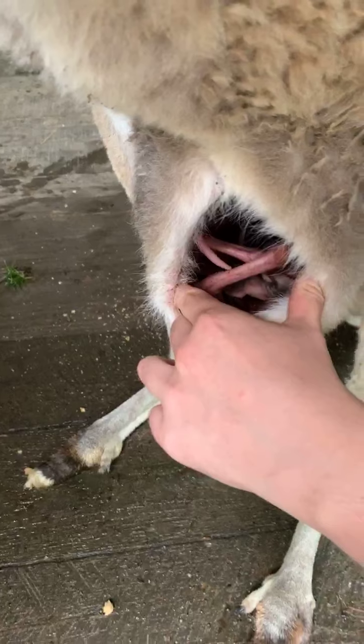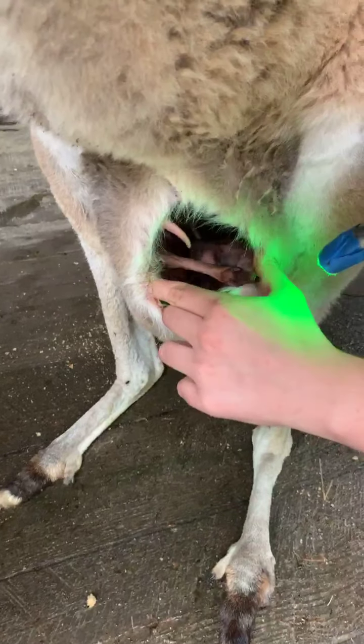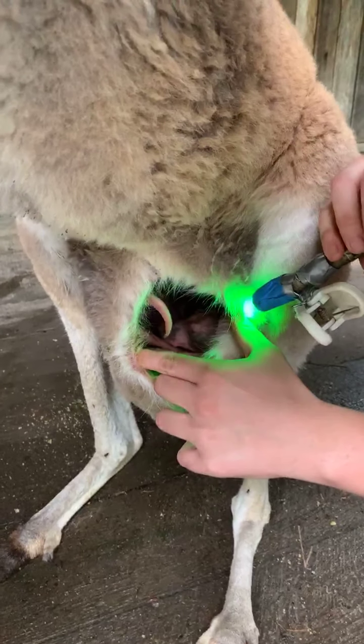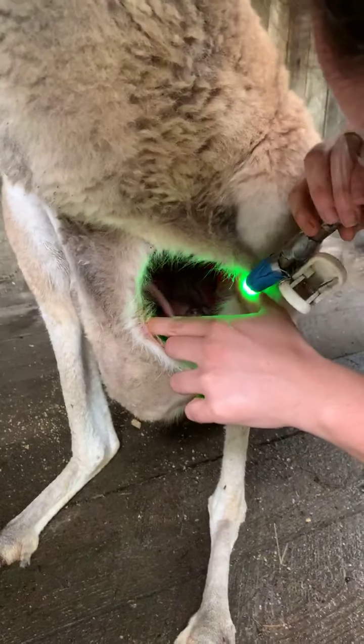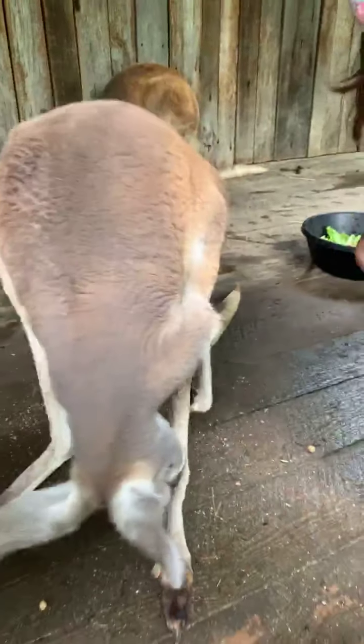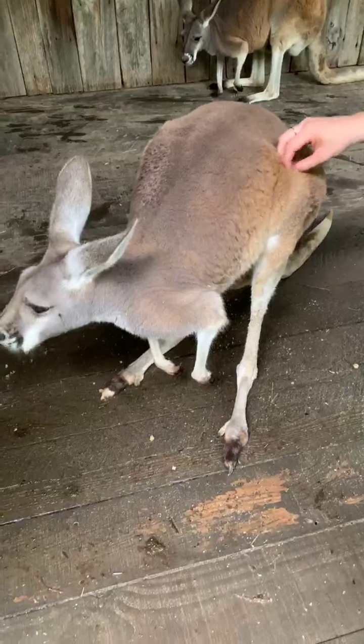Oh, it has no hair on it. It has no hair yet. Pearl's, like I said, is a lot younger. So we actually have this little green light that has a covering on it. So this way, her joey's eyes just started opening. Pearl's got an itch. Got an itch. Her eyes just started